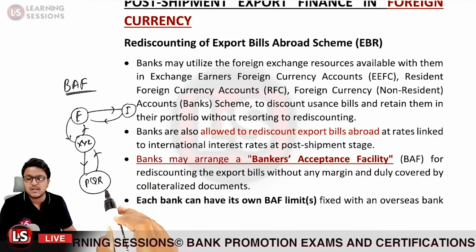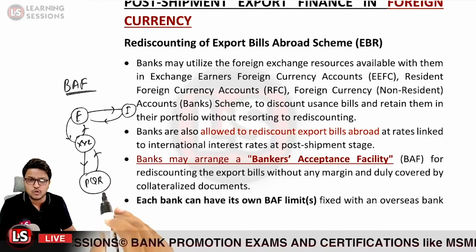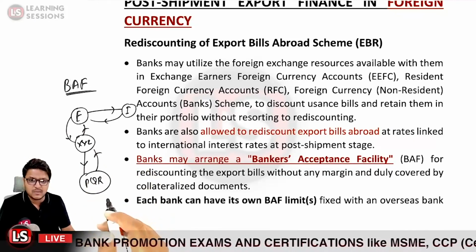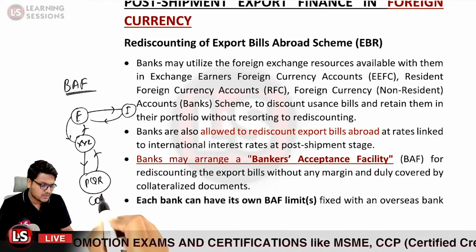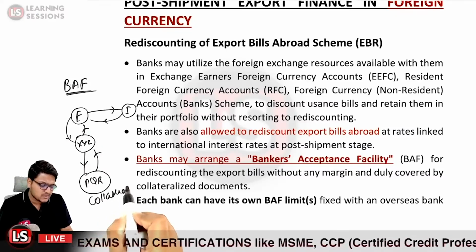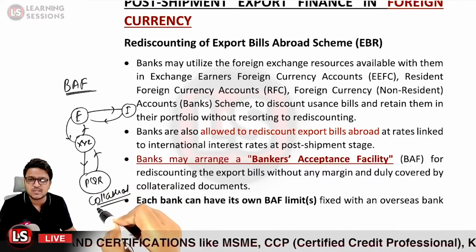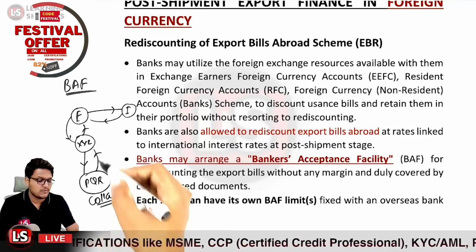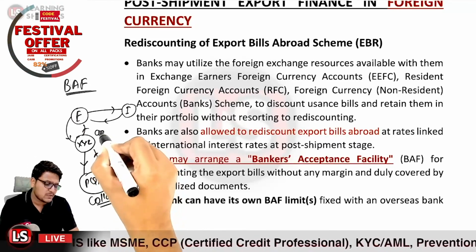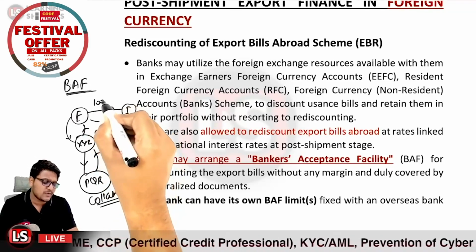So as to get a rediscounting finance from the PQR bank, XYZ bank will be giving some collateral documents. It will be submitting some collateral documents, and against which, without any margin, the bills will be rediscounted. So if the discounting was done up to 90%, let us suppose the case that 100 crore bill were